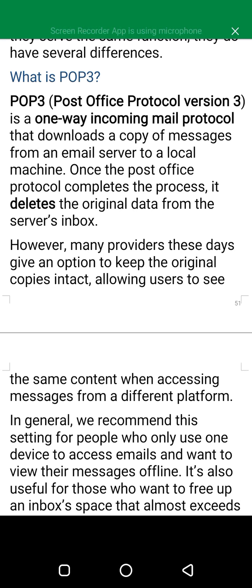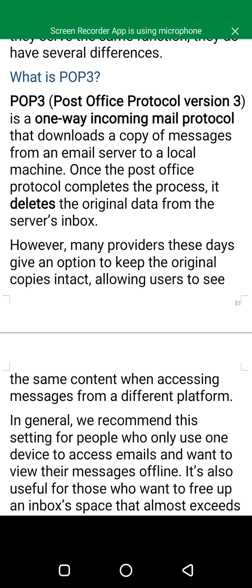However, many providers these days give an option to keep the original copies intact, allowing users to see the same content when accessing messages from a different platform. In general, we recommend this setting for people who only use one device to access emails and want to view their messages offline.